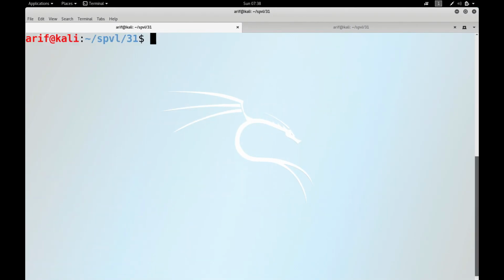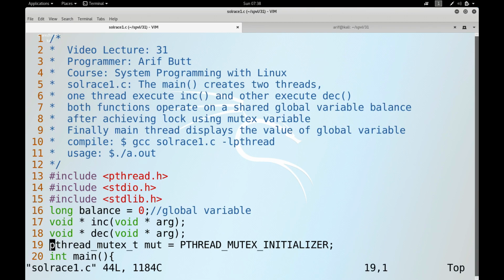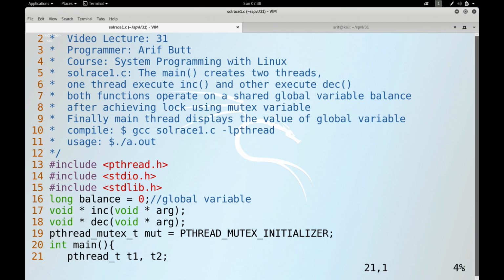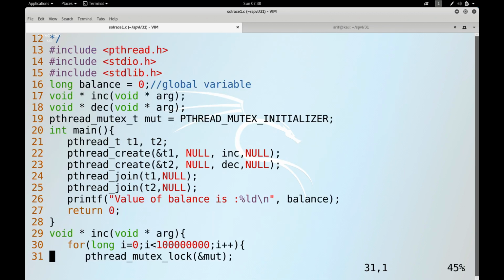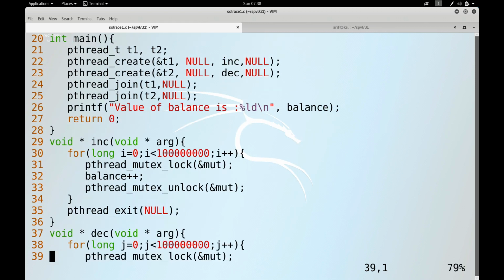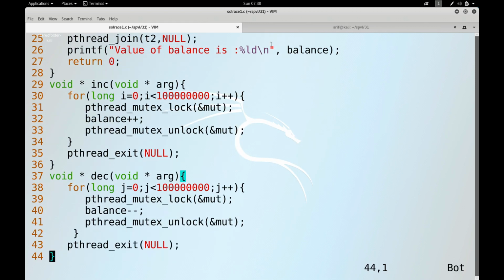Clear screen, and let me vim solution_race1.c. This is the same piece of code where two threads increment and decrement a global variable 100 million times, and finally the main thread displays the value of the balance variable as shown in this line. The value of balance variable is balance. Okay, over here if you see